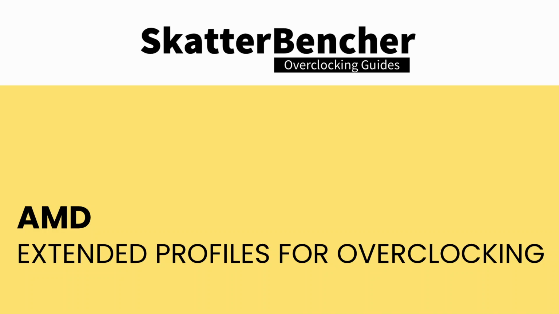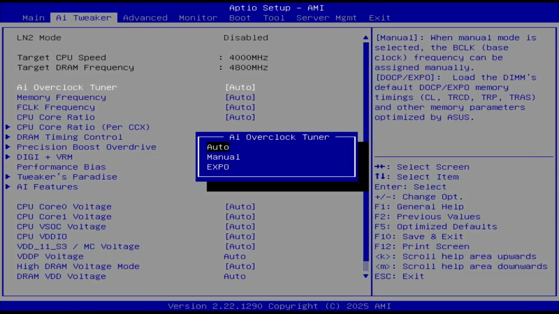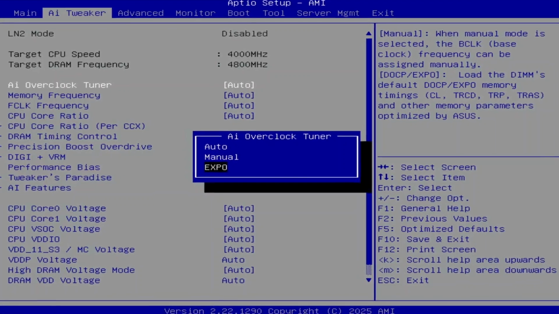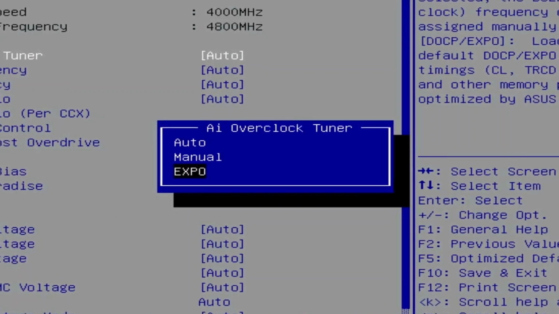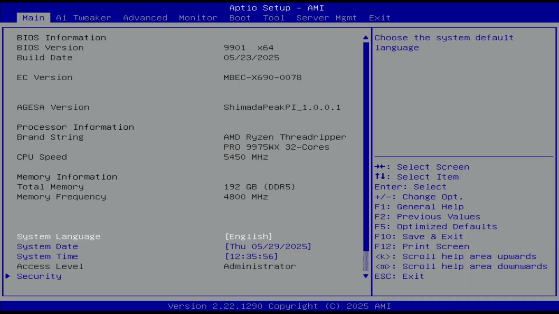EXPO stands for Extended Profiles for Overclocking, and it's AMD's way to enable easy memory overclocking for their DDR5 platforms. EXPO allows memory vendors such as G.SKILL to program higher performance settings onto the memory sticks. If the motherboard supports EXPO, you can enable higher performance with a single BIOS setting, so it saves you from lots of manual configuration. Upon entering the BIOS,